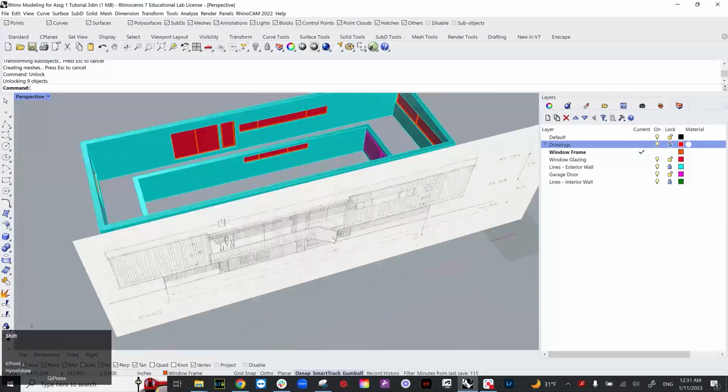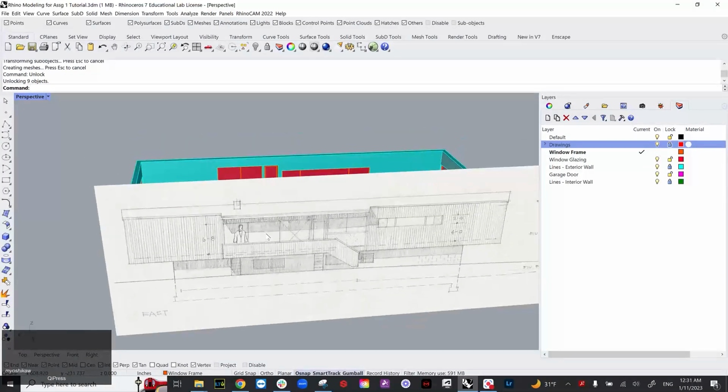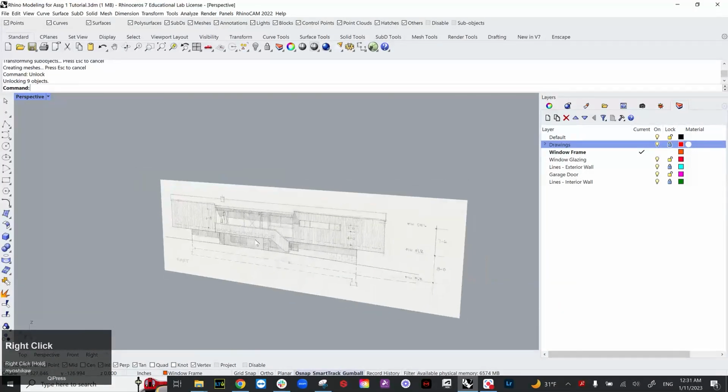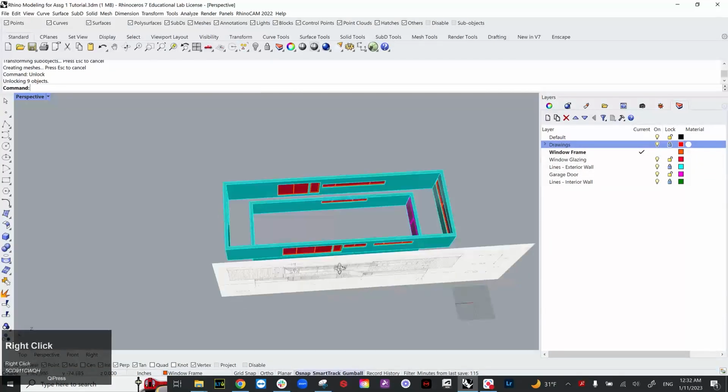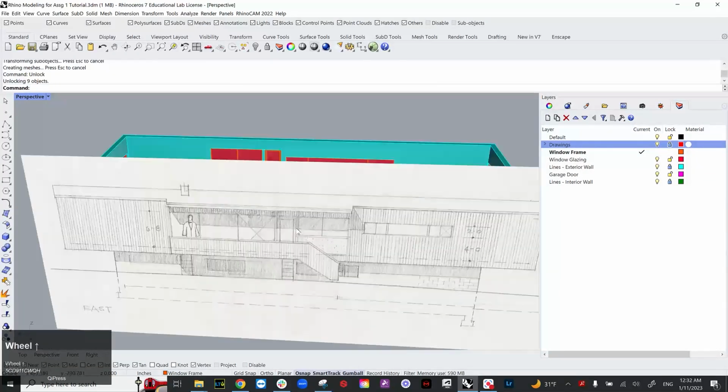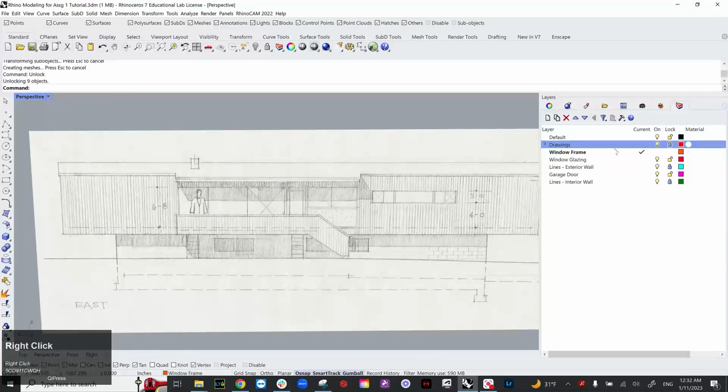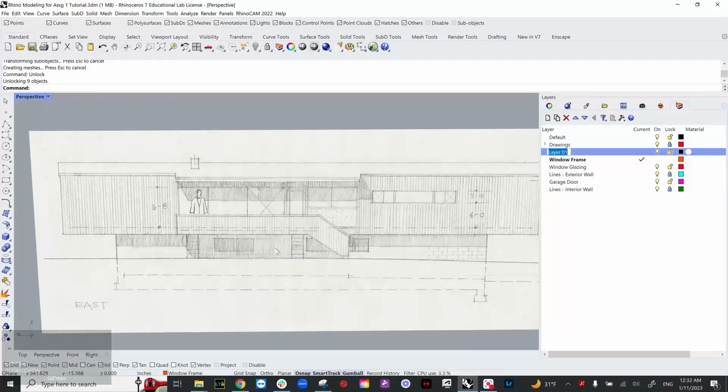patios and staircase over here. So I'm going to do that using this elevation. I'm going to draw the outline of this staircase leading side, and then create the surface out of it. So